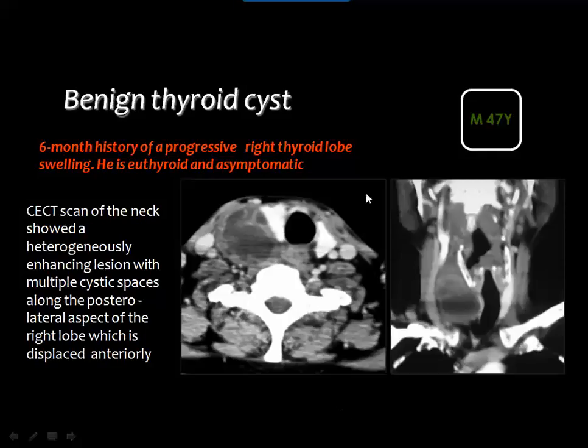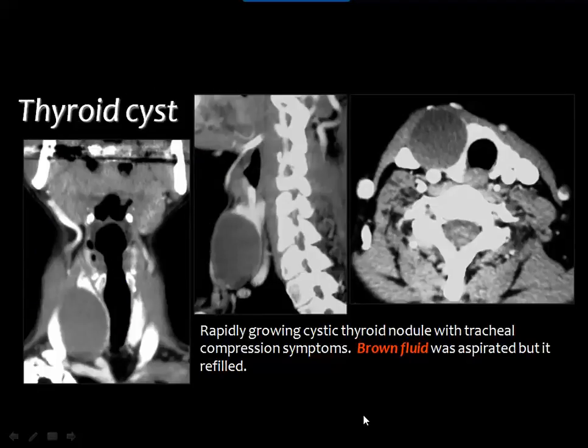And this is a benign thyroid cyst. You see a cystic lesion related to the right thyroid lobe with some internal septations and maybe a solid component, but the aspiration cytology showed no evidence of malignant cells. And this is also a big cyst in the right thyroid lobe, and you can see the claw sign, which is similar to the claw sign of the renal cyst. That means that there is extension of the enhancing thyroid tissue along the wall of the cyst, denoting it is of thyroid origin. And aspiration of this cyst revealed brown fluid, meaning that there is some hemorrhage in this cyst,